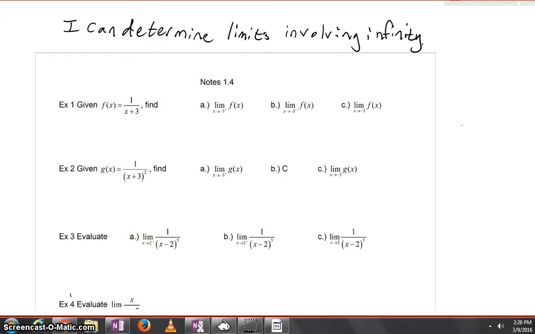Picking up with section 1.4, we're going to revisit some old problems and then venture into some new ones. But the big common theme you can see with our learning target at the top of the screen: I can determine limits involving infinity. If I gave you f of x is 1 over x plus 3, of course